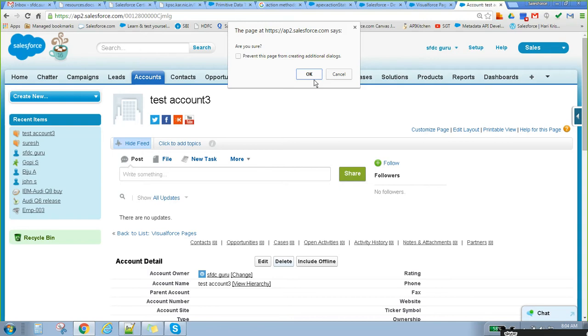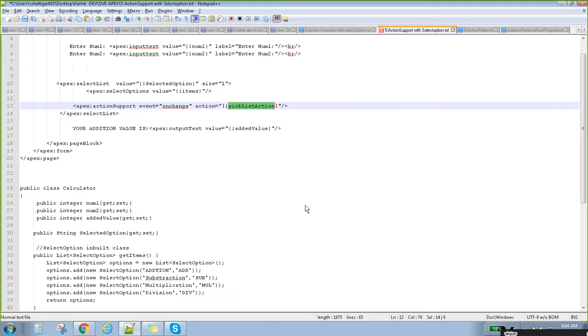So for that, they gave an option called action function. Action functions are nothing but the functionality is similar to an action support. But before calling the controller method, it is going to call a JavaScript.